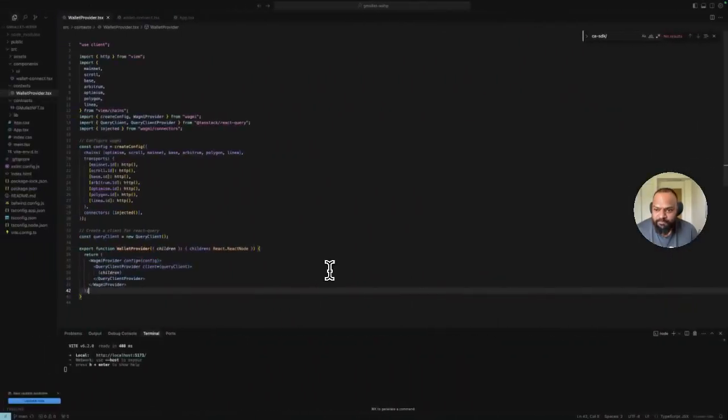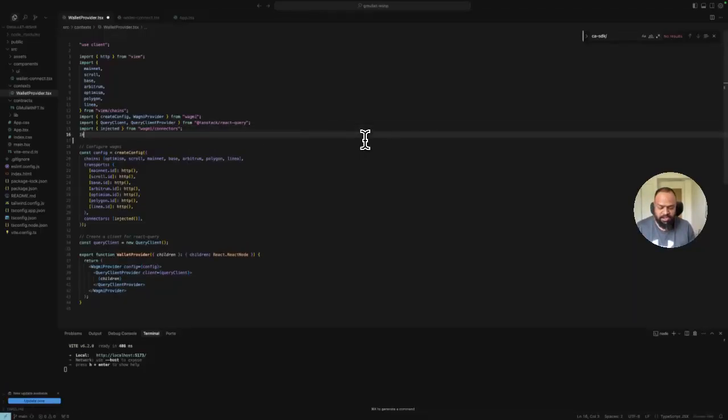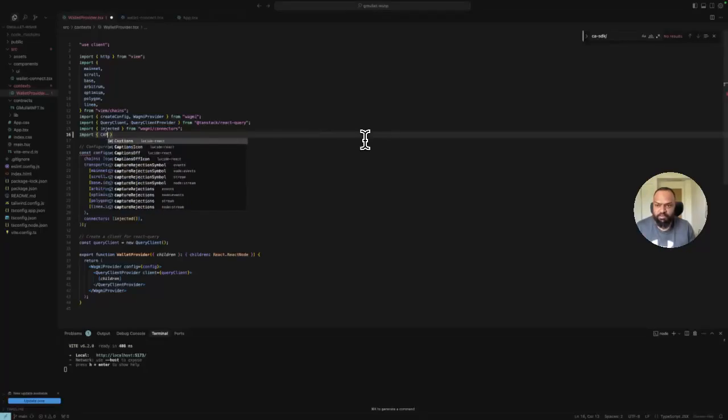So let's jump into the code. I have a very simple WAGMI app that powers the front end that you guys just saw. And I've gone ahead and installed the Arcana Chain Abstraction SDK. The principle of the SDK is simply to override the existing provider and give your app superpowers, right? So first and foremost, we import the provider that the Arcana Chain Abstraction SDK provides. So we say import CA provider from the Arcana SDK,